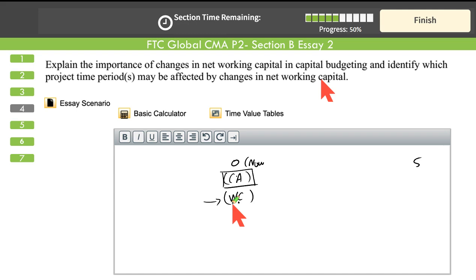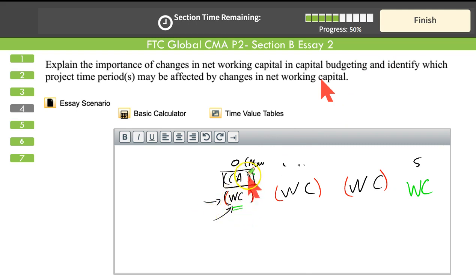Working capital is required. So this working capital is needed at the start of the project, and sometimes when the business grows, the needs of working capital also grow over the period. And when the project is over, all these invested working capital during the life of the project is recovered at the end of the project. Right? So it explains the importance of changes in net working capital